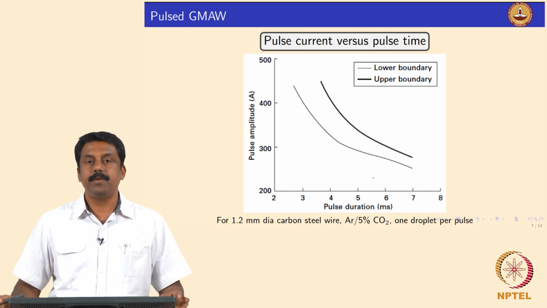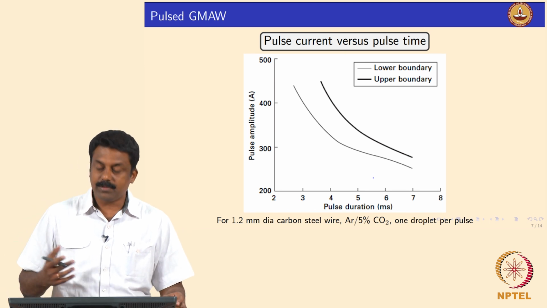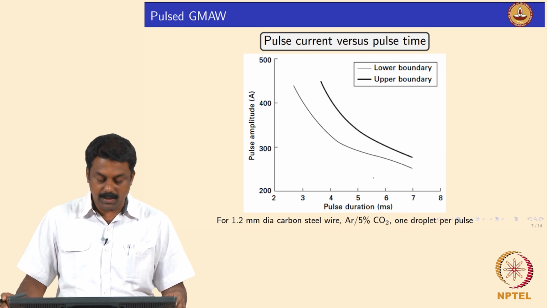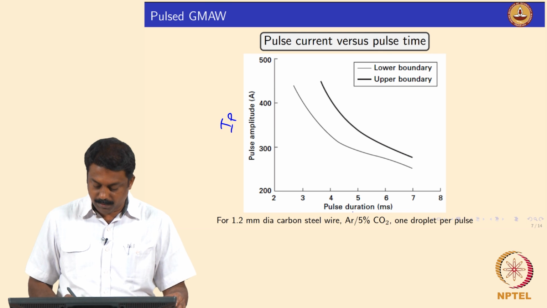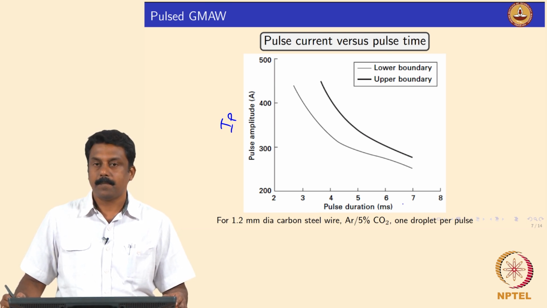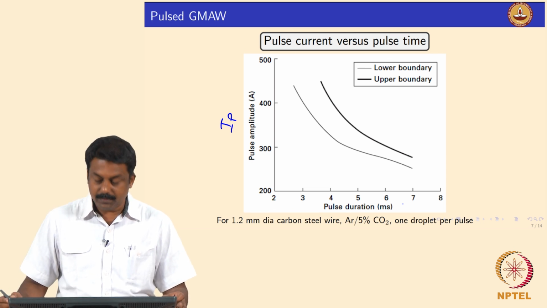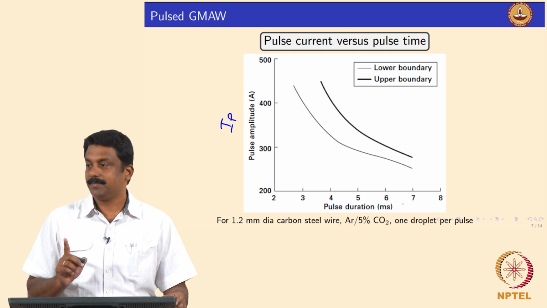And then we can establish such a process window for a given material. So, the process map we can generate for a given material has the pulse amplitude IP, and then the pulse duration, which is Tp plus Tb. So, we can get the pulse duration as a function of pulse amplitude, which would give us a stable one transfer per pulse. That is our criteria, right.